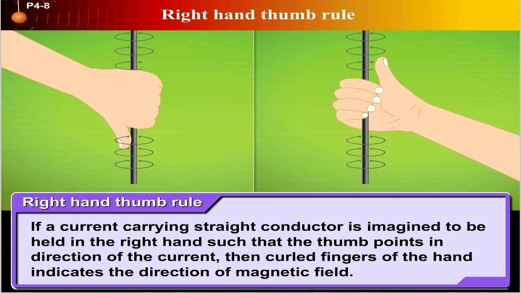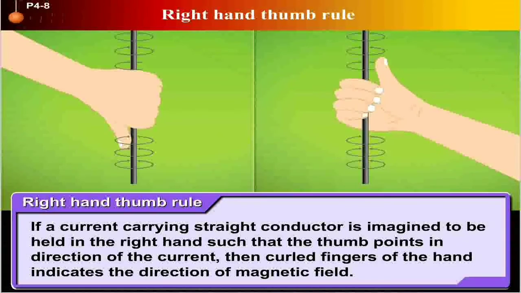So here it is, Ampere's right hand thumb rule, to explain the direction of magnetic lines of force around the straight current carrying conductor. We know they are all concentric circles around the straight current carrying conductor. But whether they are clockwise or anti-clockwise needs to be concluded using the right hand thumb rule.